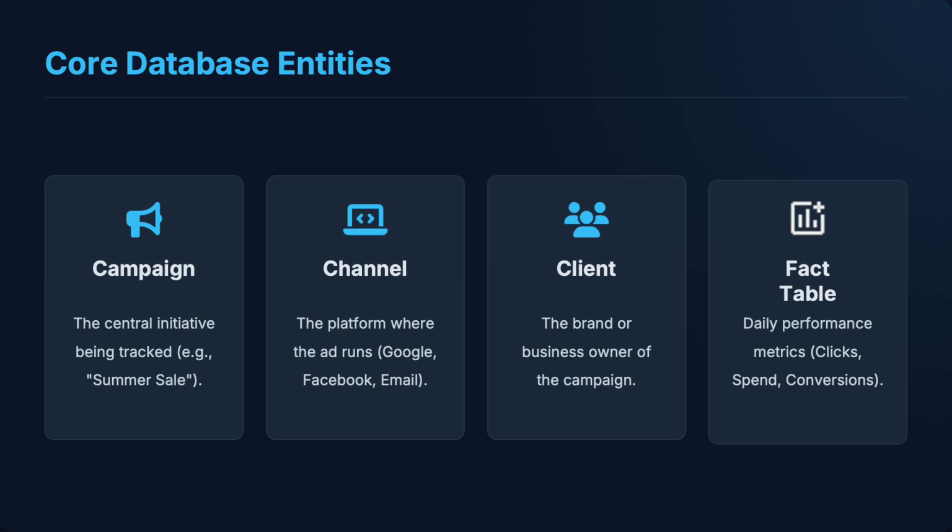Now, let's look at the architecture. I designed this using a variation of star schema, which is optimized for analytics. We have our central fact table, which holds the performance metrics, surrounded by our dimensions: campaigns, which hold our budget and objectives, our channels, which are the platforms that we use,